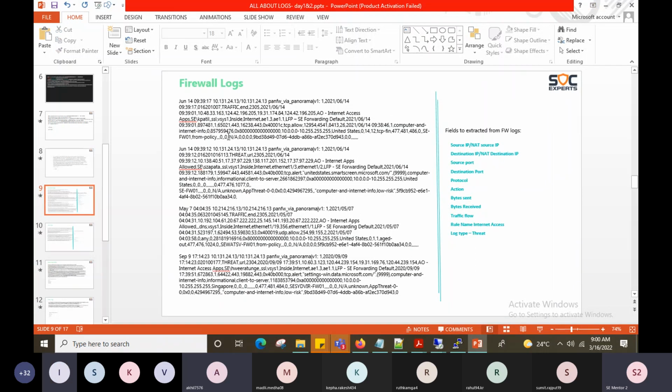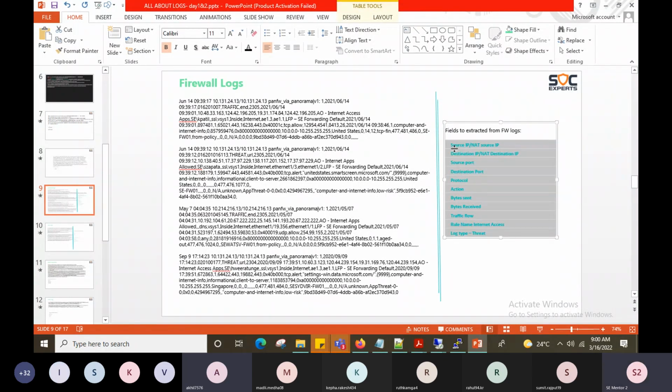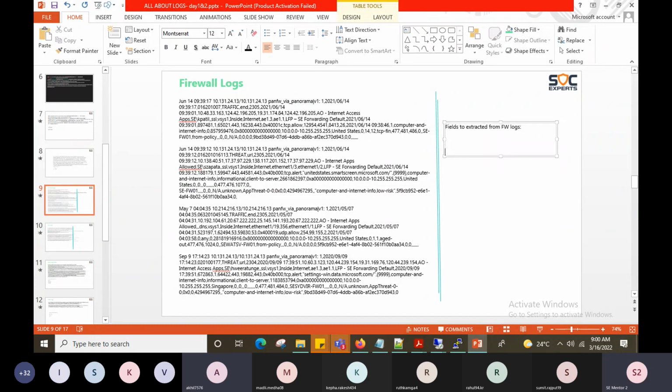These are firewall logs. All right. What you guys have to do, forget about this. I'm going to remove this. Pick out the fields, whichever you feel is important. If you have time, this is not like a mandatory assignment. I understand most of you, all of you are working, right? So pick up